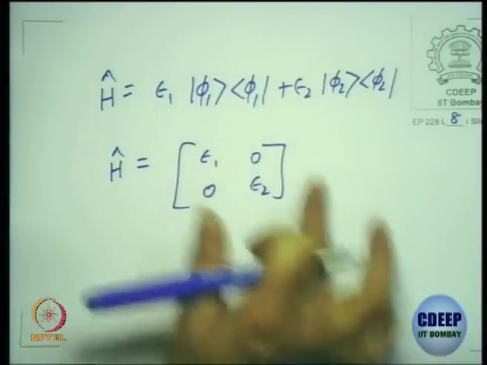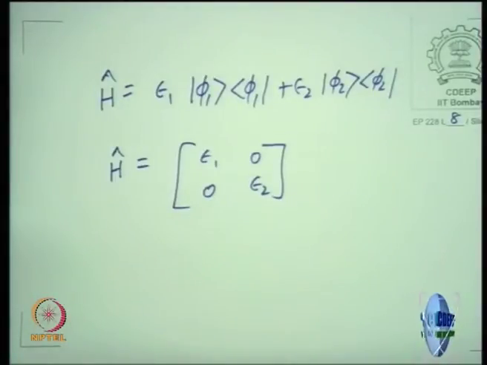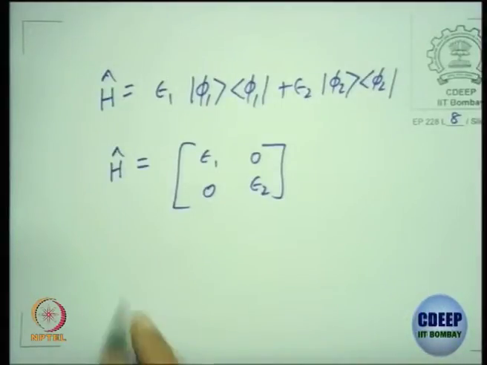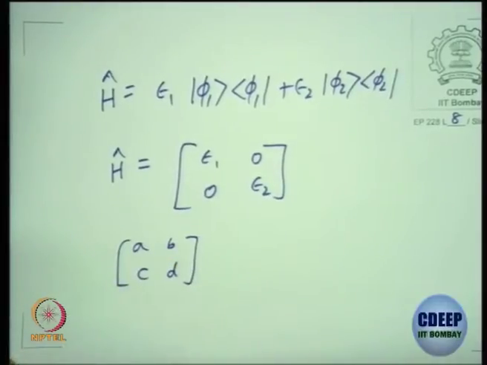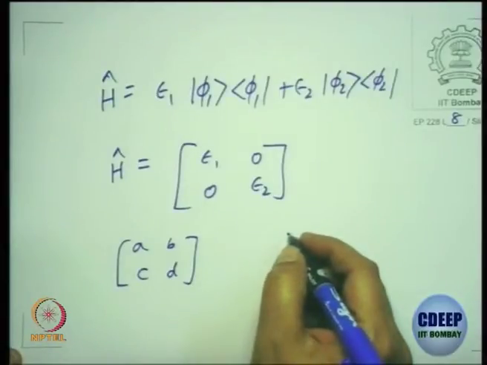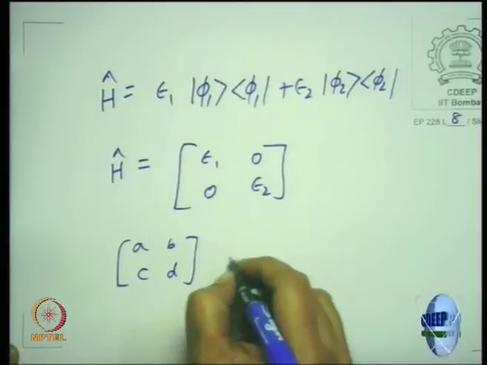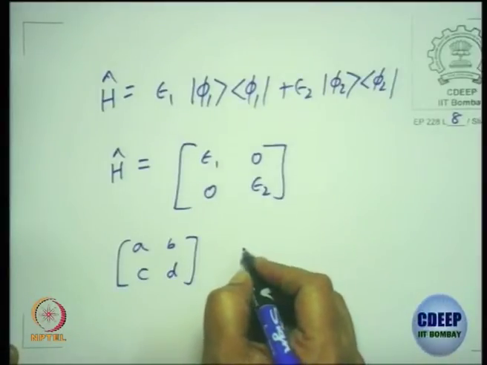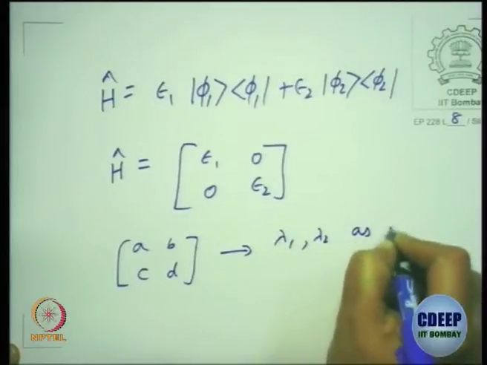But once you put it in this notation, finding the eigenvalues and eigenvectors, you have already done in your math course, right. Any 2 by 2 matrix, if I give you A, B, C, D, how do you find the eigenvalues? So, A minus lambda I, determinant of that equal to 0, you can find the eigenvalues from that, right. So, it will give you lambda 1 and lambda 2 as eigenvalues,